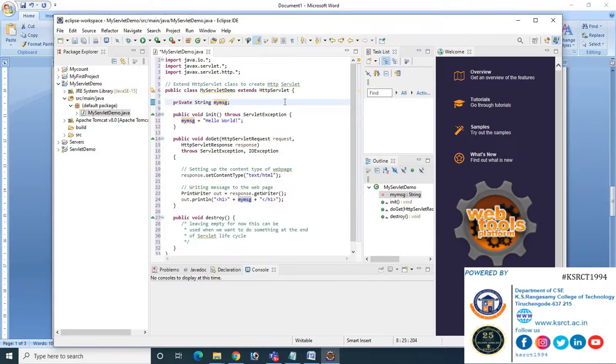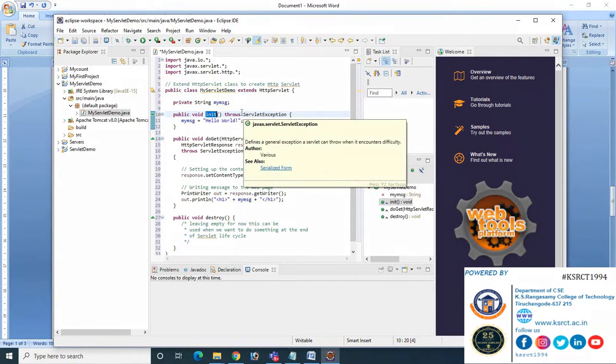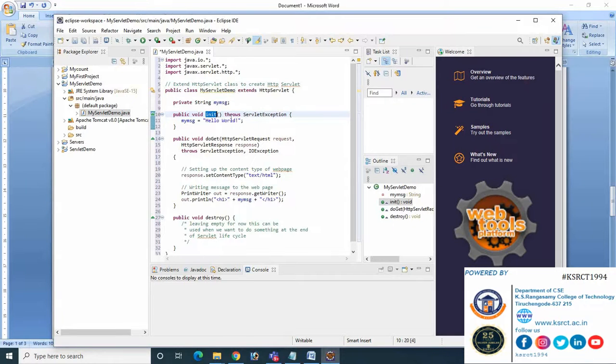In the life cycle of the servlet, we have discussed the various life stages of the servlet. One of the life stages is init(). In the initialization process, there is public void init(). The init() will throw the ServletException. The possibility for the exception here is ServletException. So we are going to throw the ServletException. And in that message, we are giving the simple message that is Hello World.